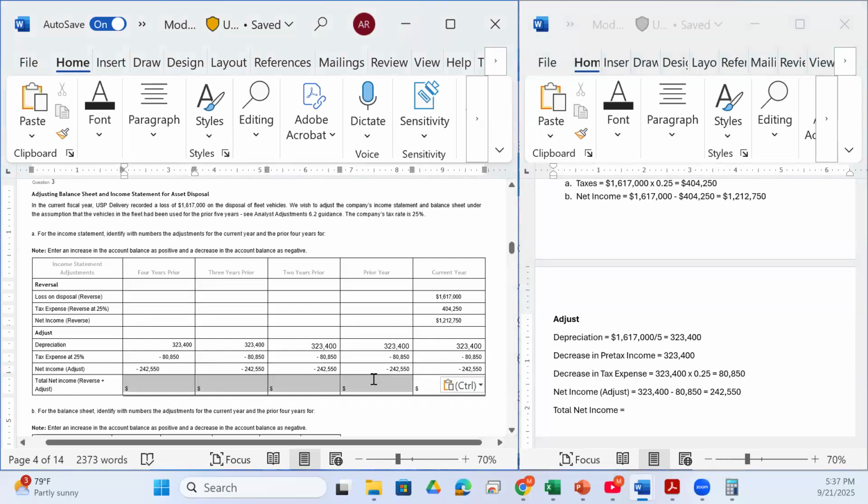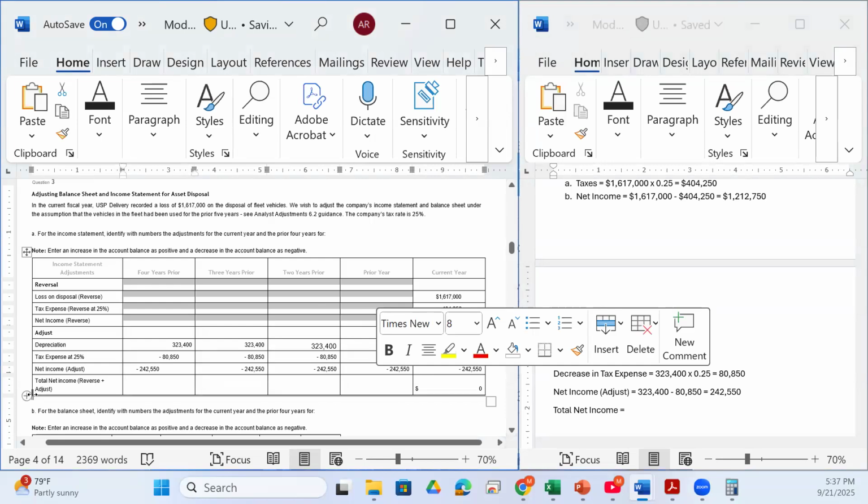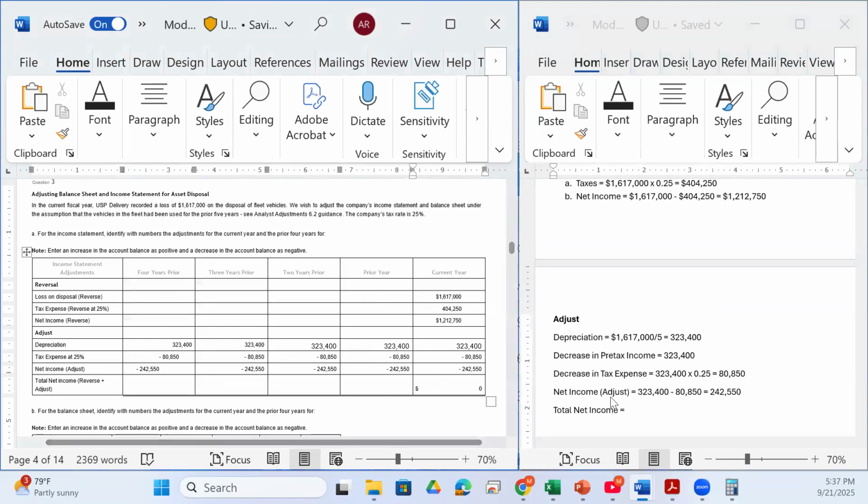So we don't have any changes here because we don't have any adjustment here. So this is reverse plus adjustment, but we have reverse amount only in the current year. So this amount